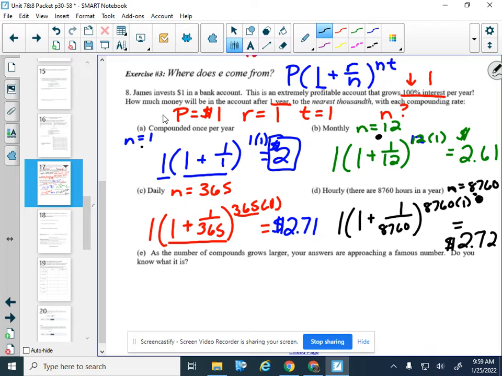It's approaching a famous number. It says as the number of compounds grows larger, your answers are approaching a famous number. Do you know what this number is? If you remember, and also from our question at the top, this number is E. So if you have a calculator, I'm going to write it out. This is the value of E. And this is an approximate value because it's irrational. But the numbers we can see on a calculator when I type in E,